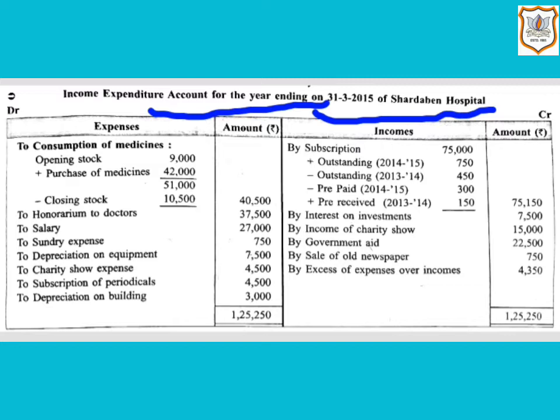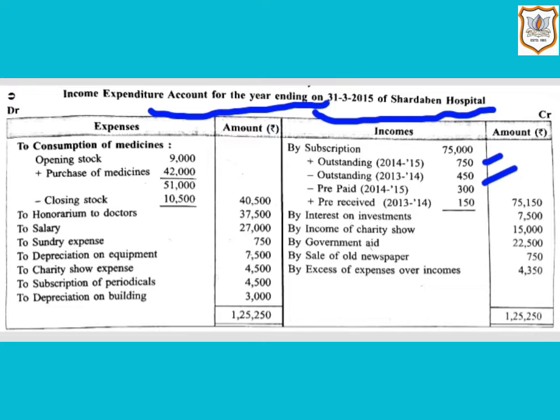So we will deduct it from subscription, and the amount which is given for the year ending 31st March 2015, that is 750, is the subscription outstanding for current year. That means it is yet to be received, and it is a subscription of current year which is yet to be received. So we will disclose it here. We will add this 750 and 450 will be deducted as it is the outstanding subscription of previous year,